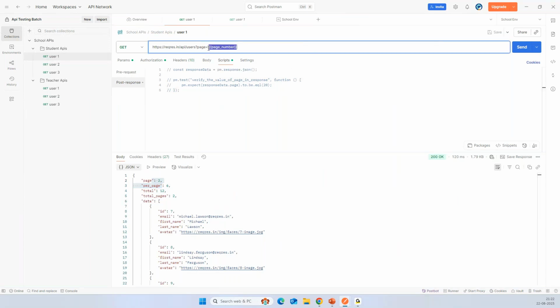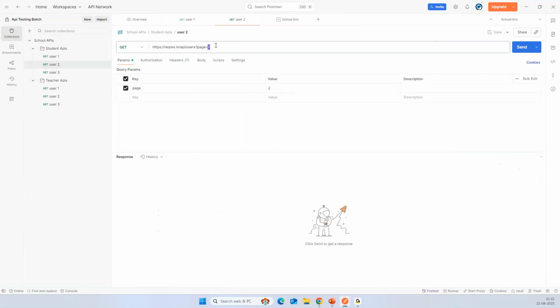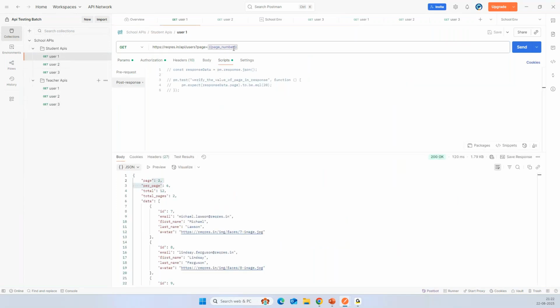Now the same change we need to do everywhere. You may say that if there are 600 requests or 6,000 requests, are you going to do the same change everywhere? No. This change we are going to do in the beginning only. Whenever we are creating the request URLs, or duplicating them, at the same time this page number environment variable should be there. Otherwise, after creating 6,000 APIs, you will end up in the same position. So once you have added all the APIs with the environment variables here,